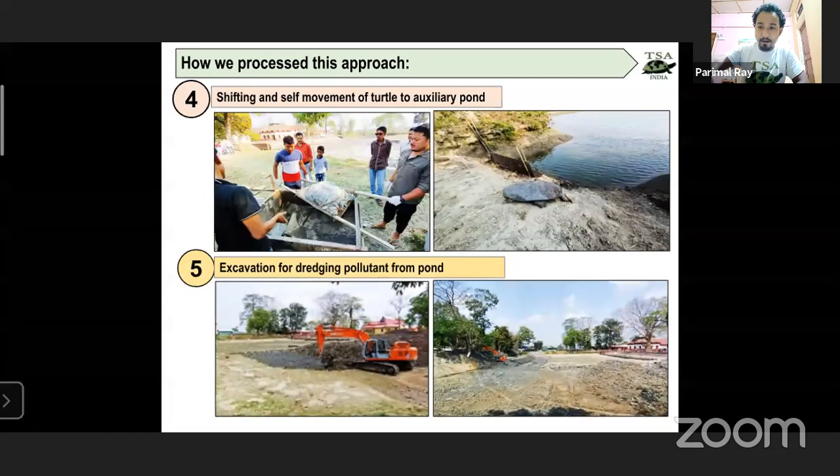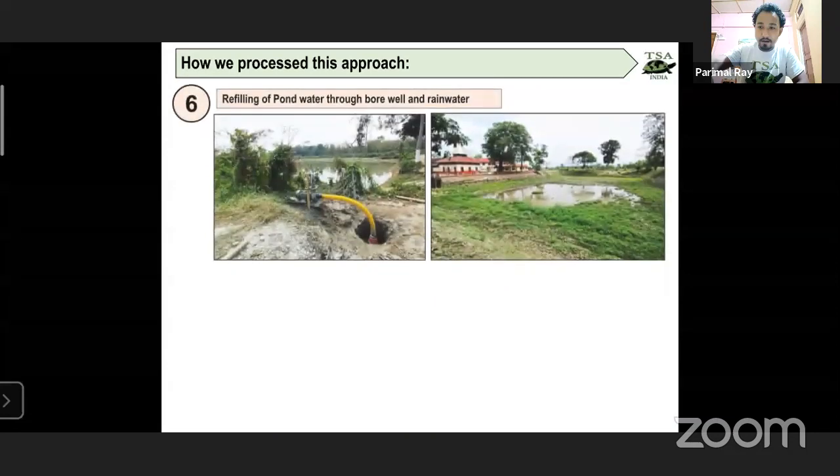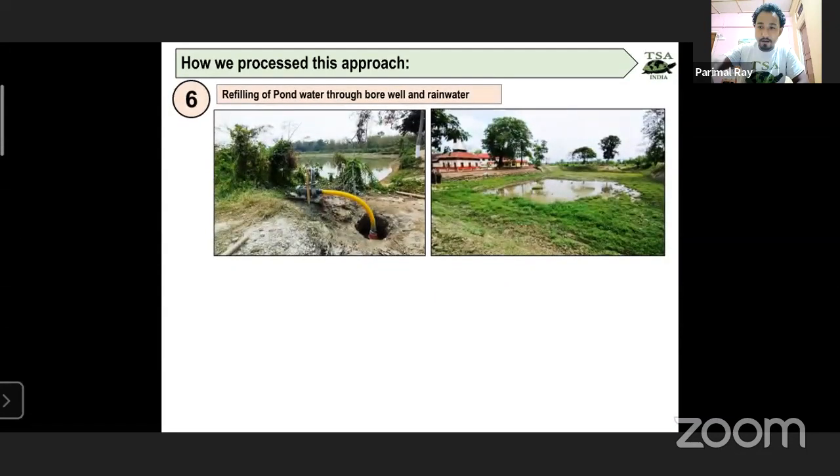And after this whole process, after the evacuation and shifting of the turtles was done, we asked the temple to dig up the whole temple pond, so that all the polluted water, the plastic materials and whatever waste was present at the bottom of the pond could be cleaned up. After this whole exercise, we waited for some time so that we could recharge and refill the pond water with